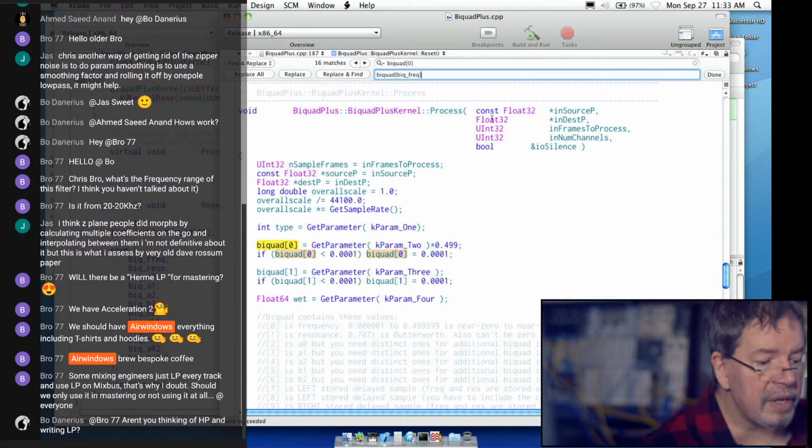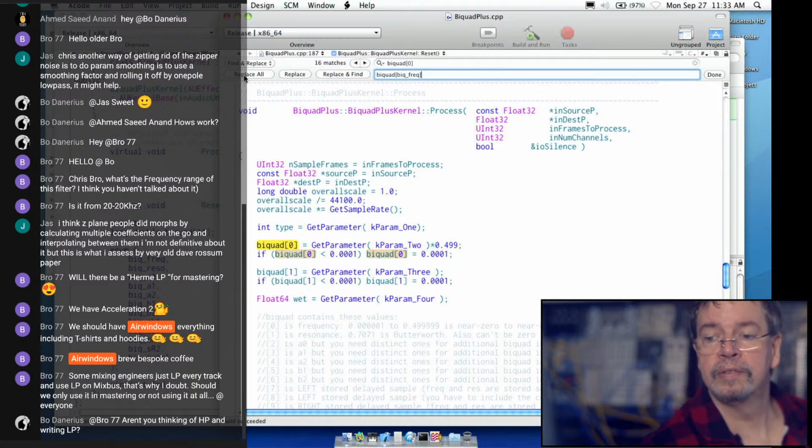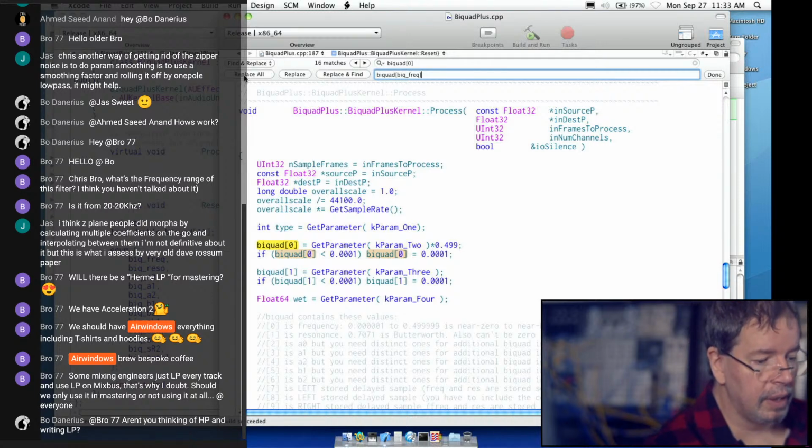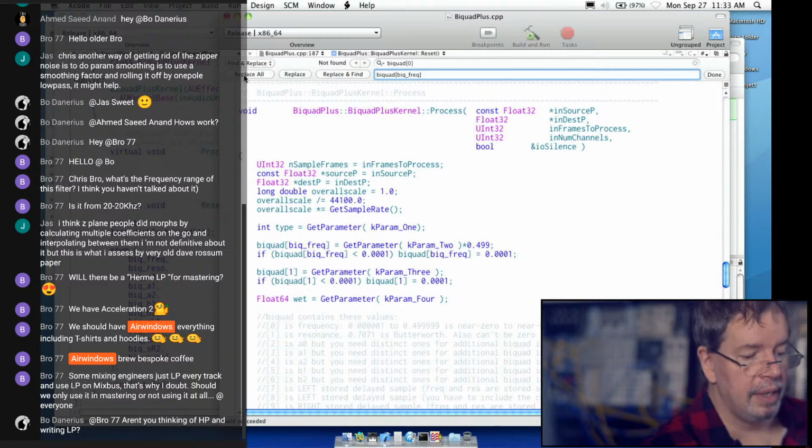So if I do this, everything gets a little bit more labeled. And I'm no problem doing replace all, because there's nowhere in this entire plugin where I wouldn't be wanting to do that. So, boop. And there we go.